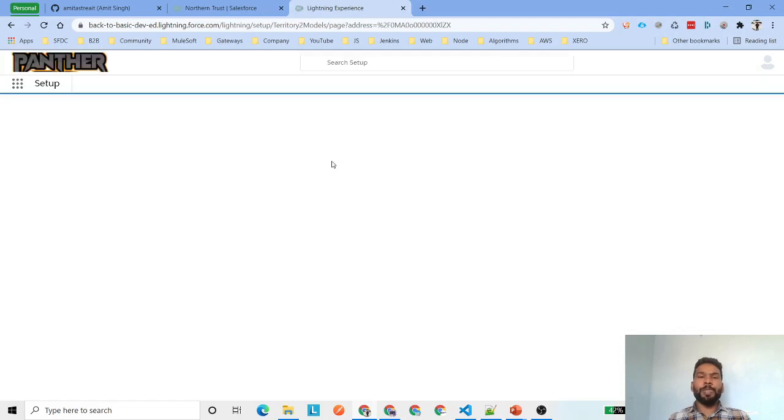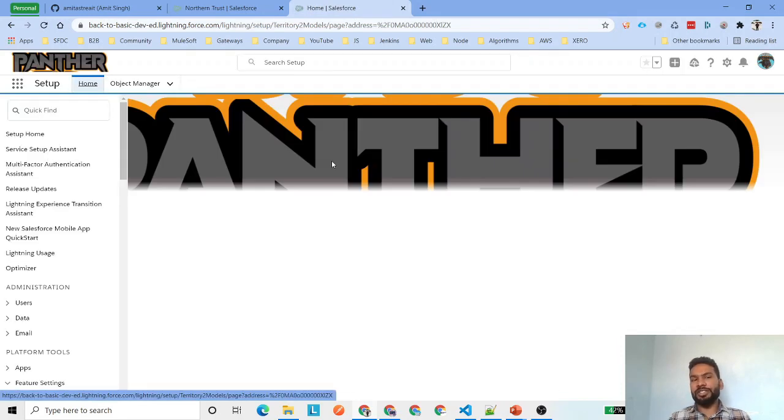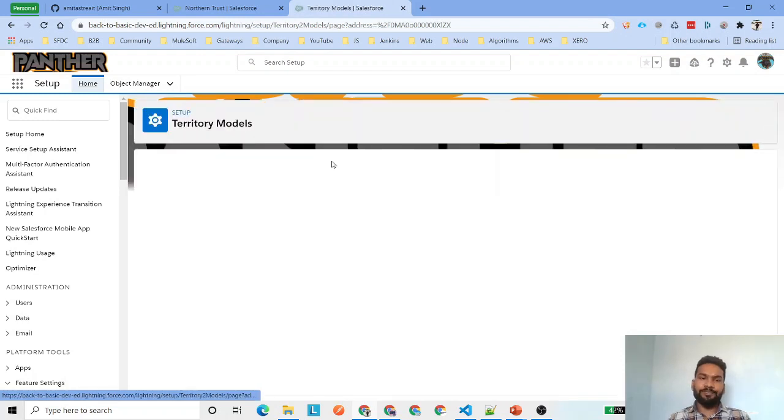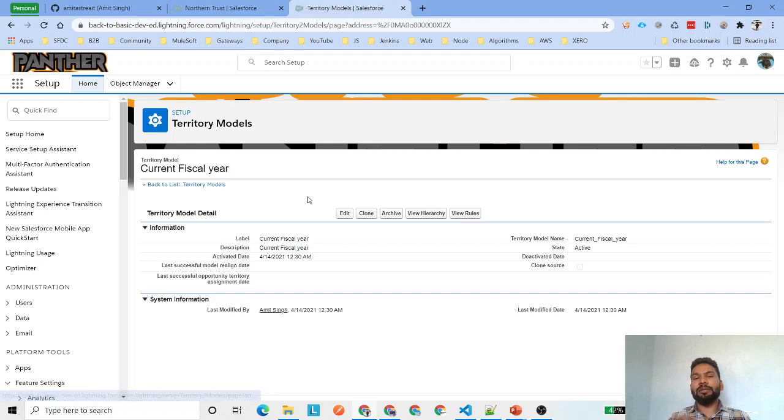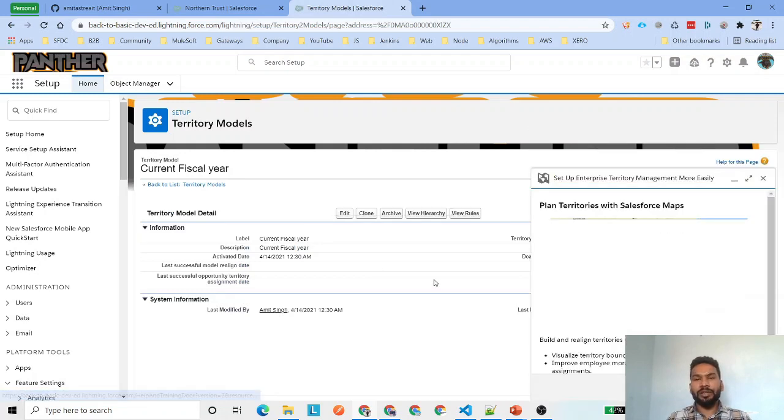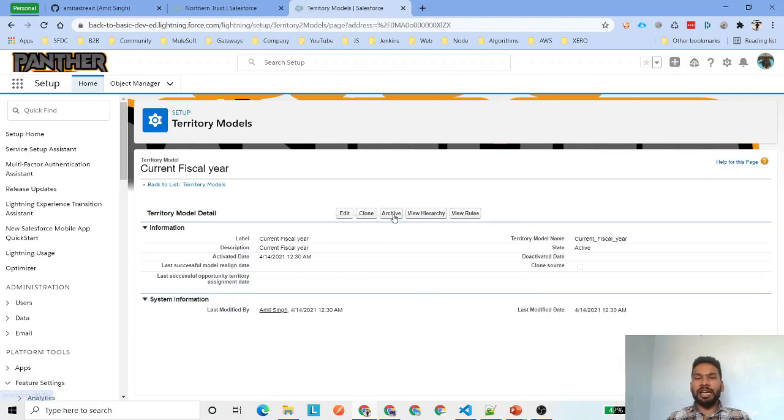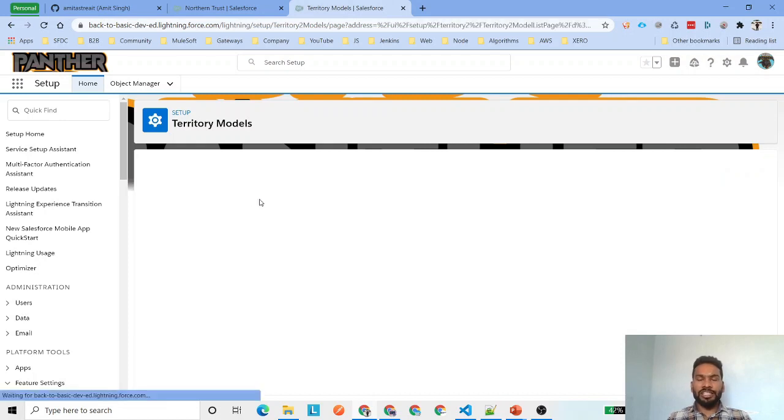In the meantime, even if it is taking time to activate, we are going to change the account page layout that we have added in our agenda. You can see it is saying archive, which means the model is in active state. If you go to territory model state, we are back to the territory model list.